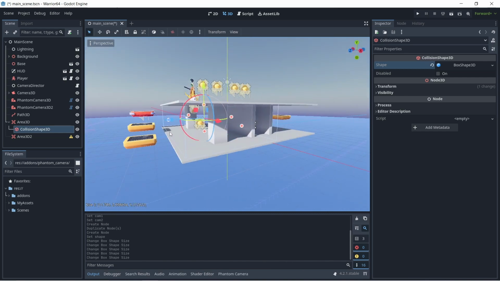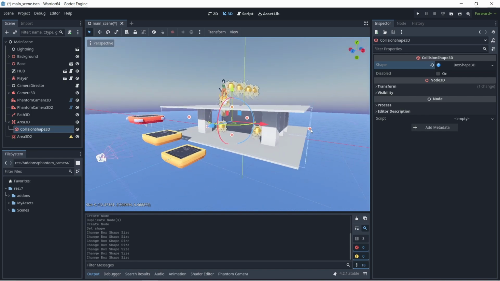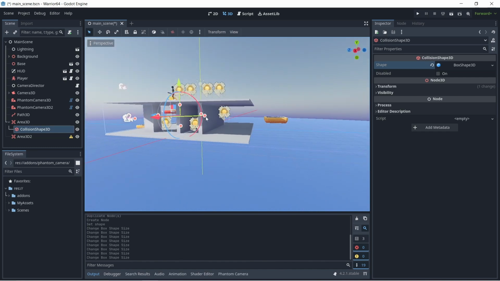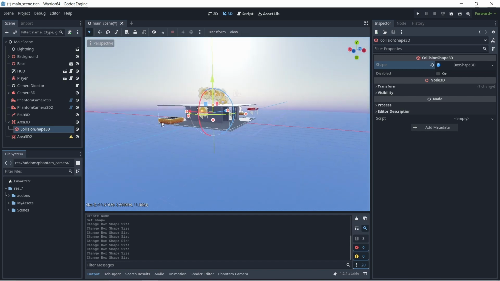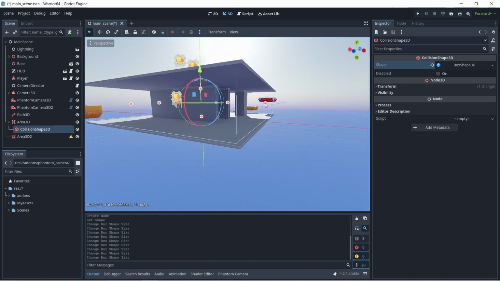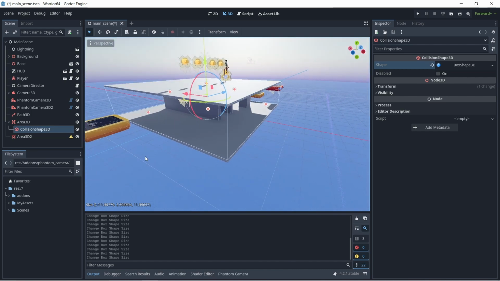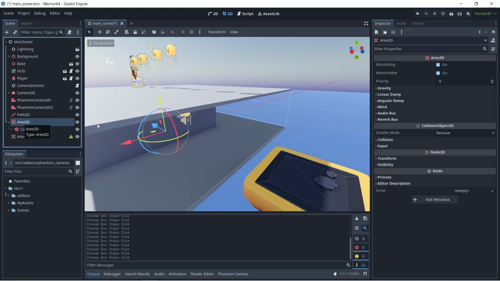So let's make a nice... so now when the player is inside here, of course, the area